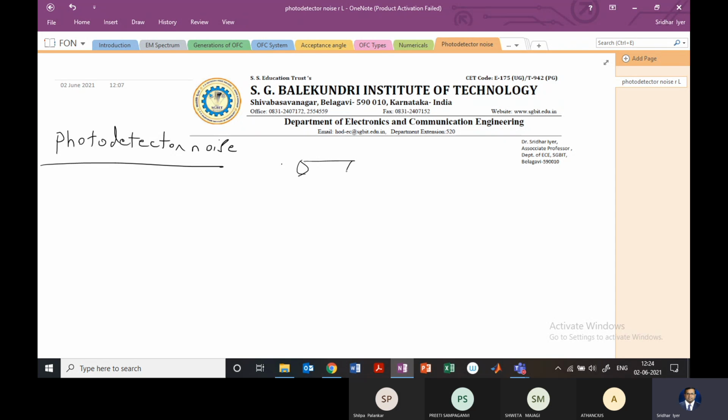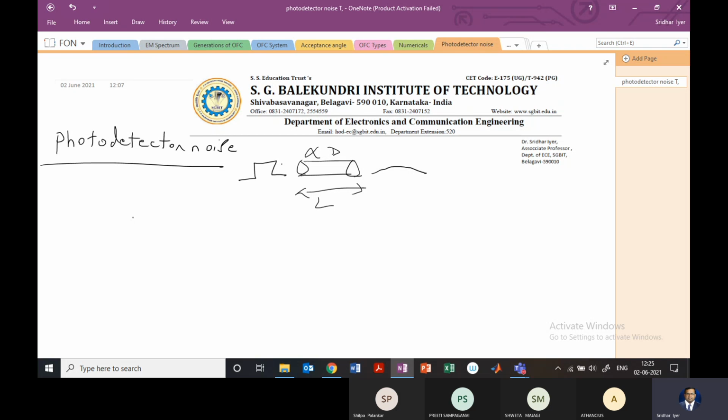For example, if we take a fiber, this fiber has its own attenuation, we are aware of that, and it also leads to dispersion with the length. So if I increase the length, then the dispersion is also going to increase, right? In general, the fiber is not an ideal device or component. It will introduce its own error. To be more clear, if we insert a bit which is rectangular, because of dispersion, it may look like that. It may just extend beyond the bit period which is given to the initial bit.